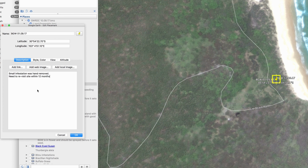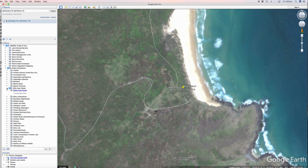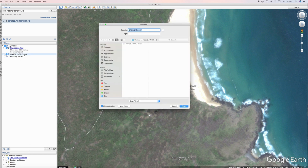And that's all I need to do there, just to remind myself that there's a small infestation which we could revisit. Then I go OK. So that's now in there. I can close that dialog box. Close this dialog box. I've updated my database, so I go Command S on a Mac, so I'm saving that. I'm saving it to my current file. I don't really want to change the name, I just want to update the file, so I'll just say yes,